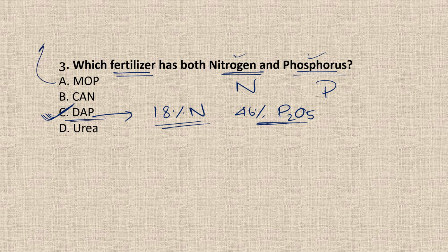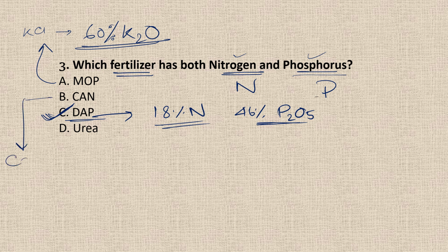If we talk about MOP or muriate of potash, that is KCl, I just told you in the previous question, it has 60% of K2O. So potassium oxide, it is in the form of 60% K2O, right? If we talk about calcium ammonium nitrate, we all know that this is a neutral fertilizer and it's for nitrogen. It contains about 70 to 80% of